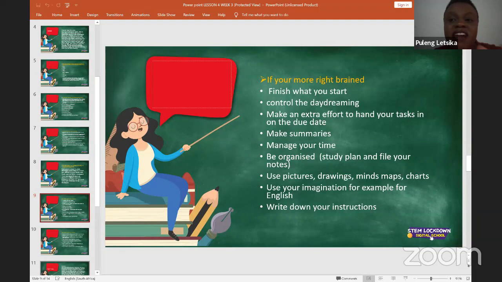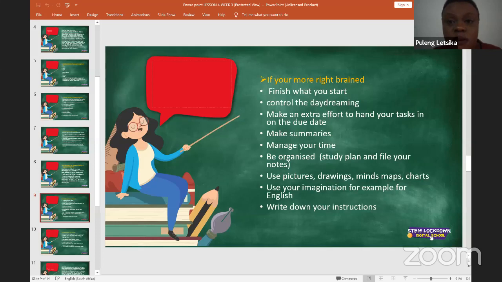You're going to write the 5 points of the assignment that need to be covered. And then you start off with number 1. Always start from the beginning, or if you want to, you can start with what you think is easier for you, but I suggest you start from the beginning.